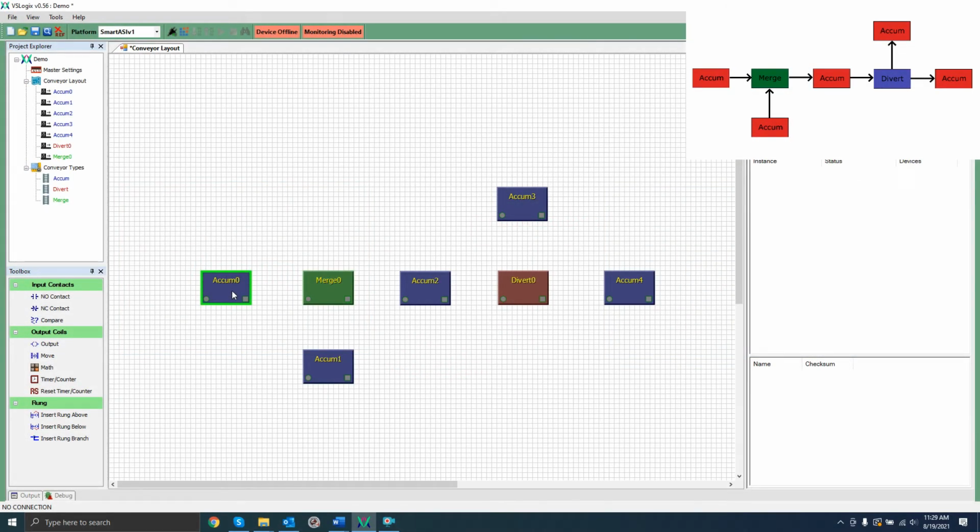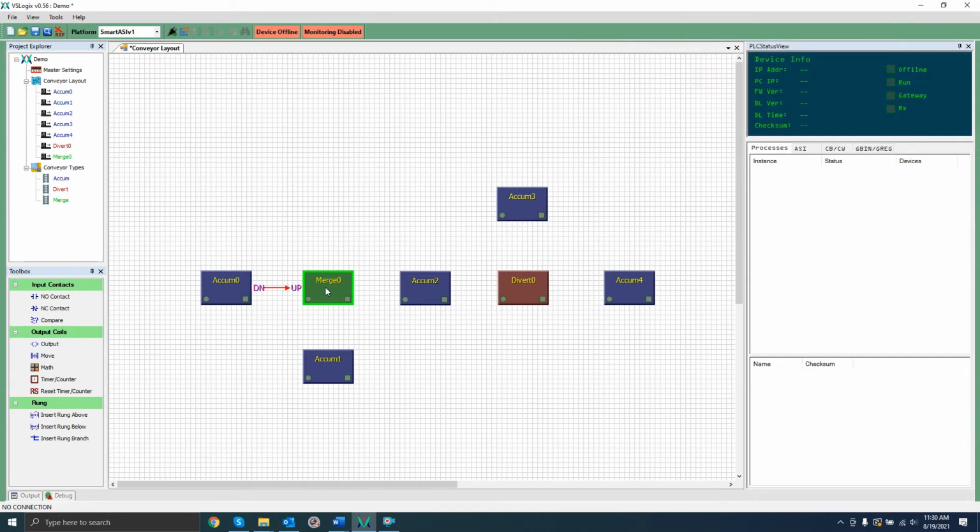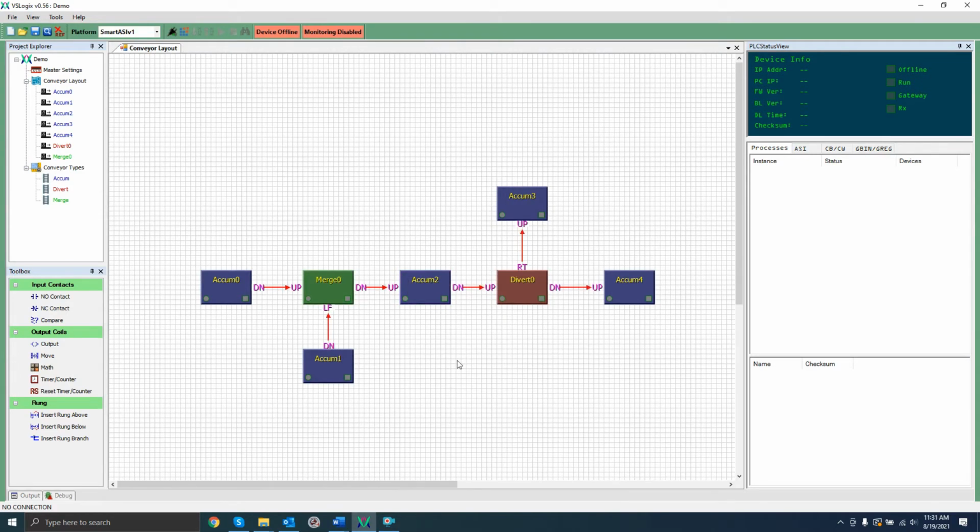I'm going to create an interlock by first clicking this section, then pressing D. This designates that this is going to be this section's downstream interlock. Now I'm going to select another section and press U. This indicates that this will be this section's upstream interlock. There are a total of 8 different interlocks available to each conveyor section: up, down, left, right, and auxiliary 1 through 4. Each is chosen by their first letter except aux 1 through 4, which are chosen by the numbers 1 through 4. I'm going to now create interlocks for each of the sections I've created, matching the diagram as I go.